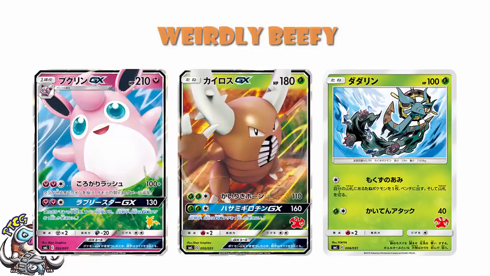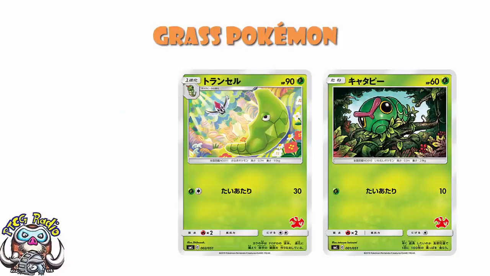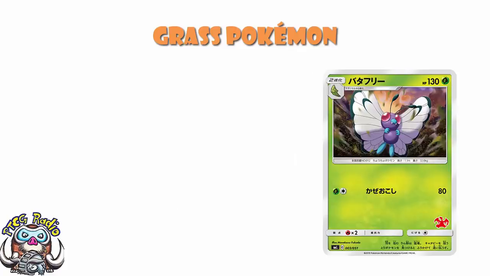So we have a 60 HP Caterpie and a 90 HP Metapod, which is as beefy as those Pokemon have ever gotten. That's the biggest Caterpie and the biggest Metapod we've ever had, at least going back as far as the database on Pokemon.com goes. I know there are some older sets, but I'm pretty sure they didn't have bigger cards. So that's really cool. The Butterfree that does 80 damage for a grass and a colorless, that's a little bit